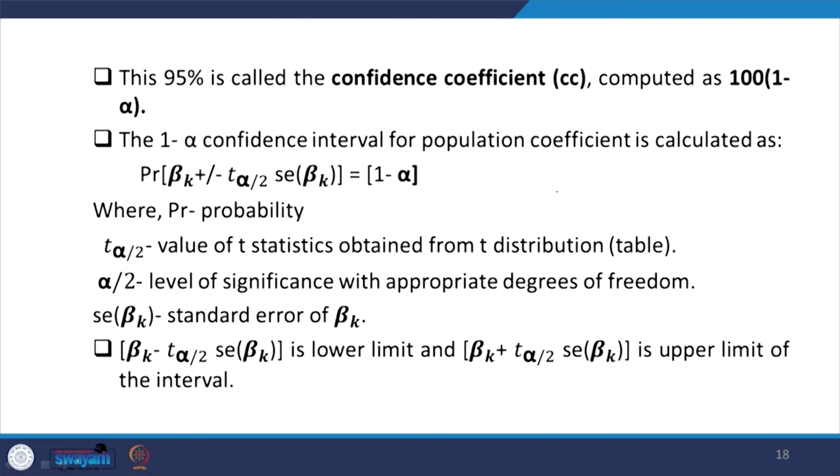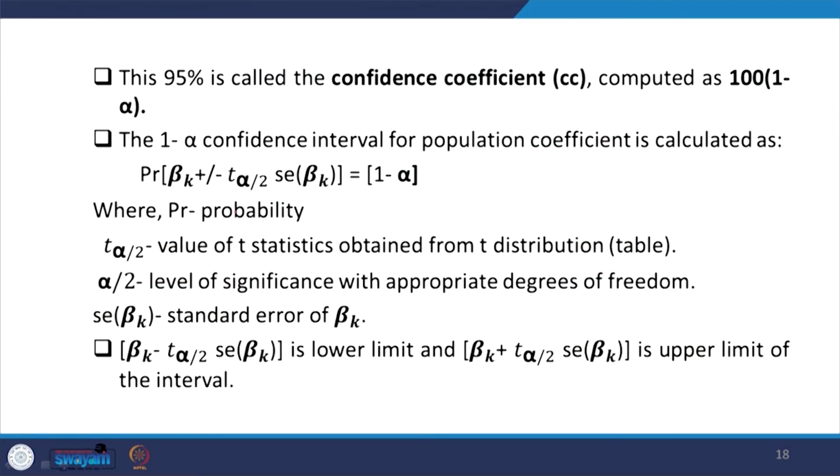This 95% is called the confidence interval, computed at 100 times 1 minus alpha. Okay, at the 100 times 1 minus alpha level. If it is 95%, it basically means we are going to estimate with a 5% error. So, 1 minus alpha means 1 minus 0.95, that is 0.05. The 1 minus alpha confidence interval for the population coefficient is calculated as follows. You can get the details from statistics books. If it is a two-tailed test, something we also discussed from the beginning of our lectures,